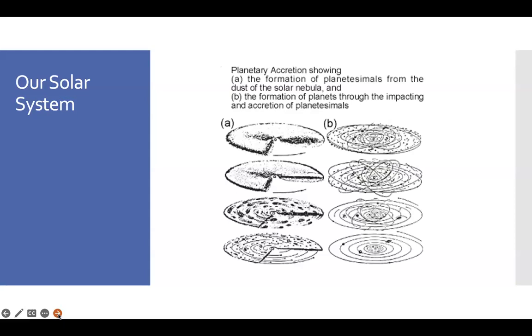Now, the gravitational attraction of particles started to exert its force on this cloud. 2 particles slammed together, 2 more slammed together. So the whole thing started to rotate and flatten, and from this cloud of dust, the central sun, hydrogen and helium still, and then the other planets were formed.